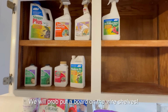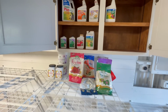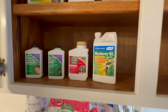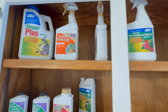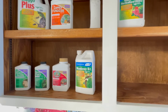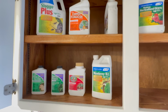I think I mentioned earlier I was a little bit concerned that I wouldn't be able to reach these shelves with the wide wire shelves here, but I tested it out. I can walk over here and I can reach the back of each of the cabinets really quite easily, so no big deal there. These are the things that we use most often for things that are kind of going wrong,